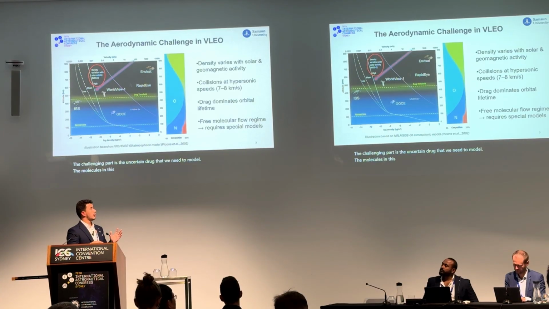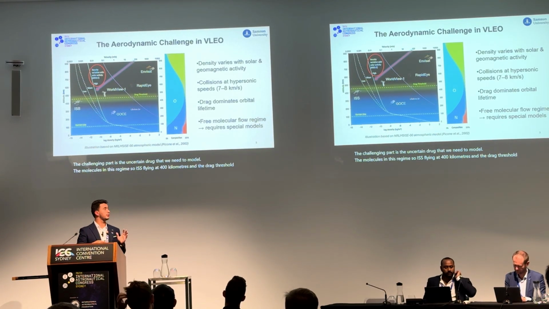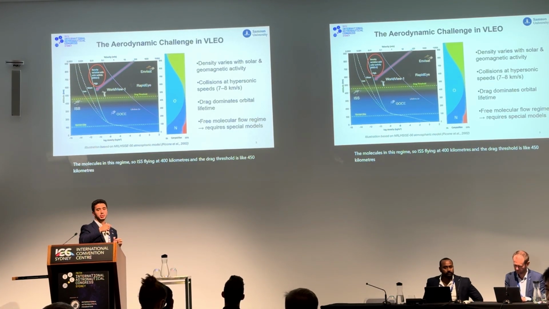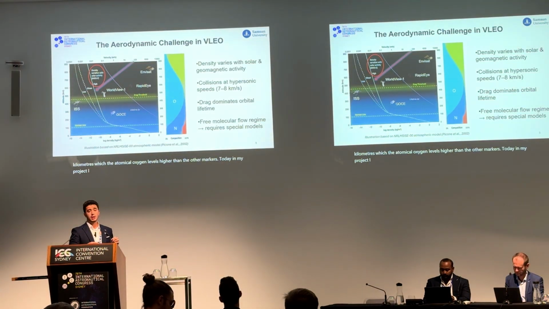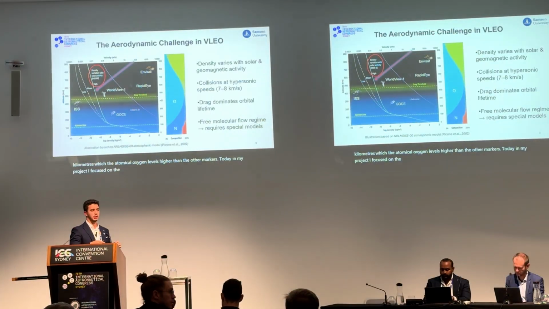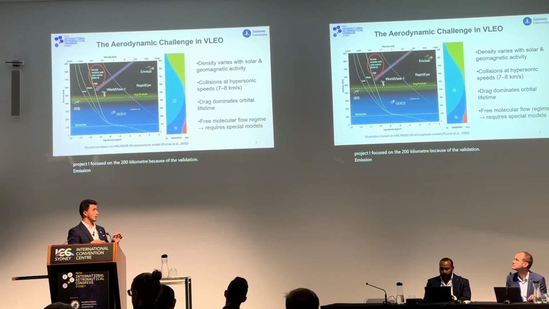The ISS flies at 400 kilometers, and the drag threshold is around 450 kilometers, where atomic oxygen levels are higher than the other molecules. Today, in my project, I focused on 200 kilometers because of the validation mission, and